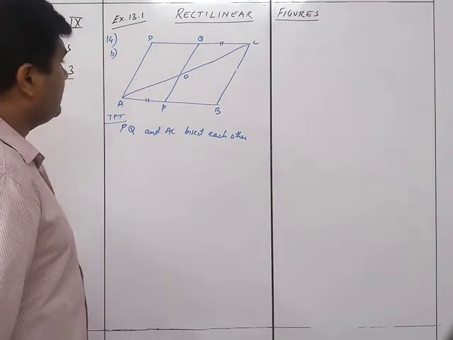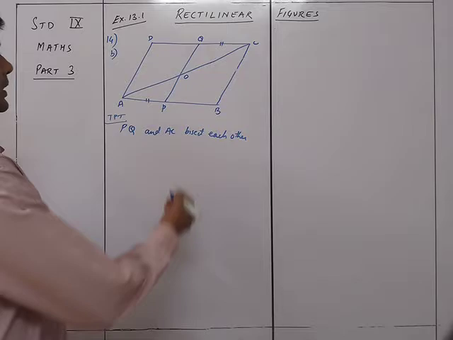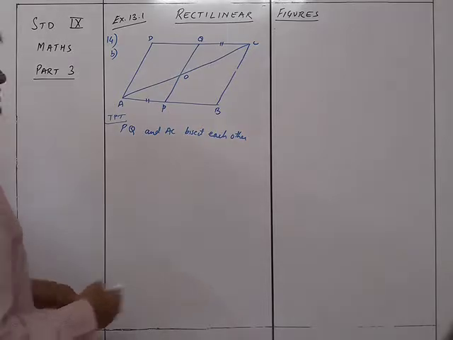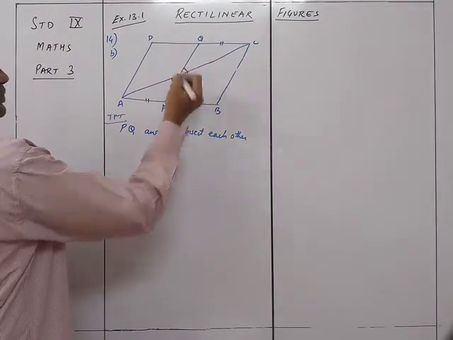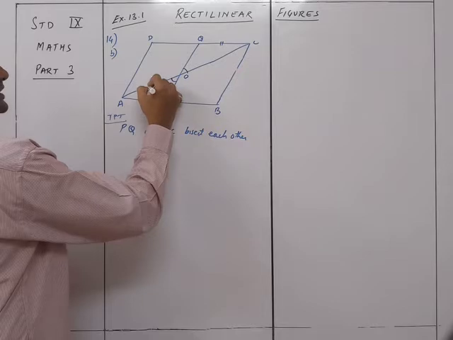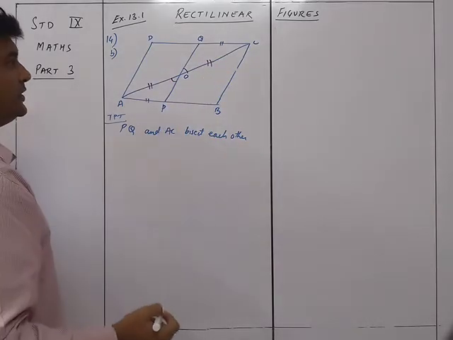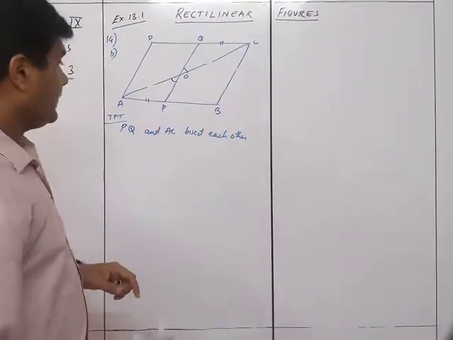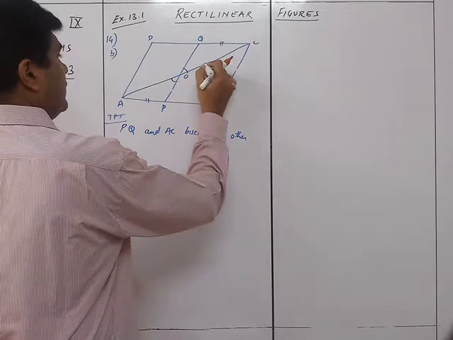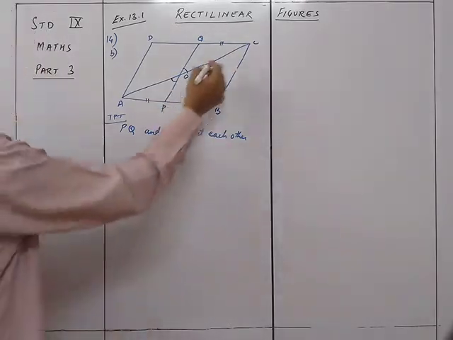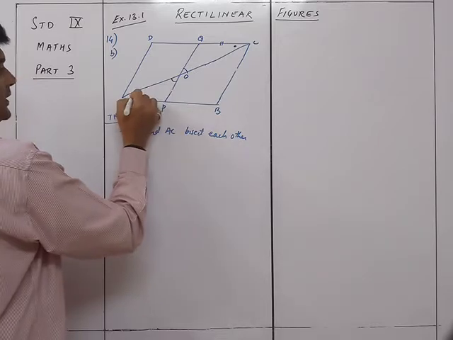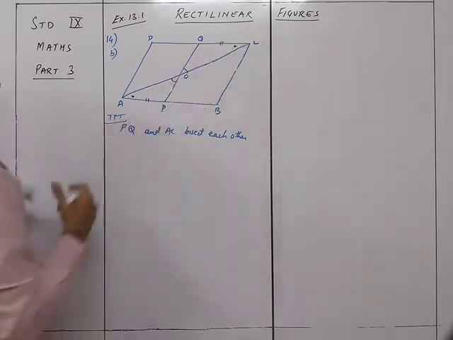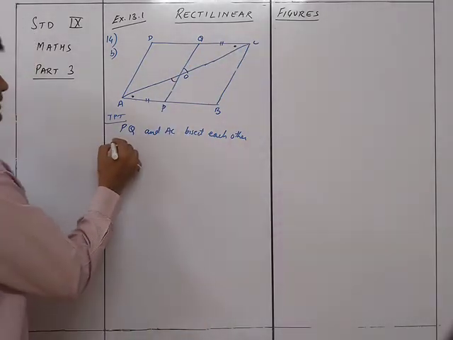So let's see. We are going to prove the two triangles to be congruent. Very easy. I don't think there should be any kind of confusion in this case. This and this are vertically opposite angles. This angle over here and this angle over here are equal because they are in Z formation, alternate interior angles, and AP and QC are equal, given. So a very simple sum.